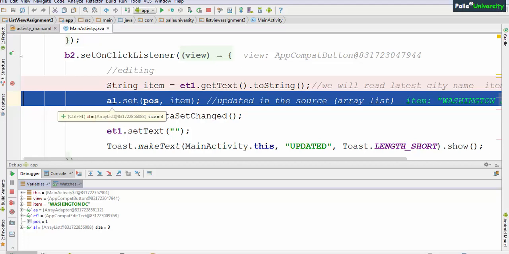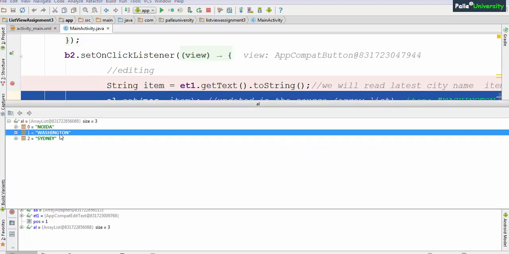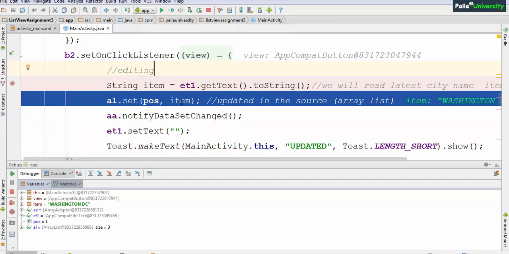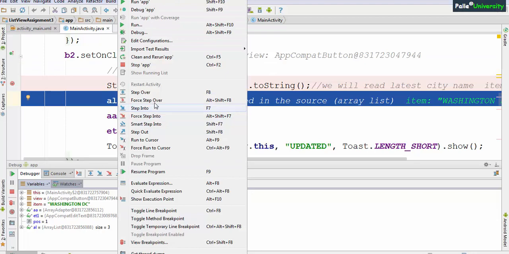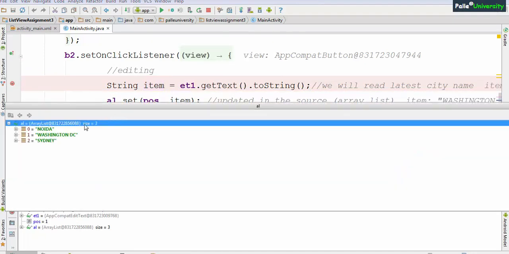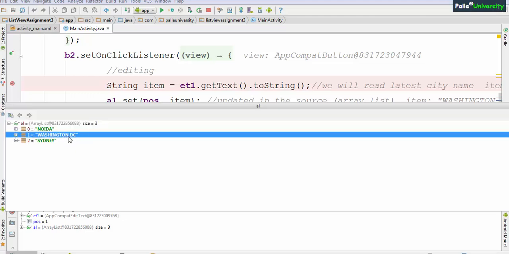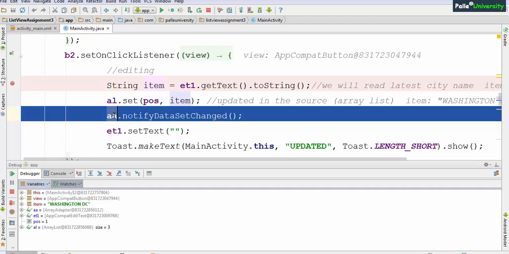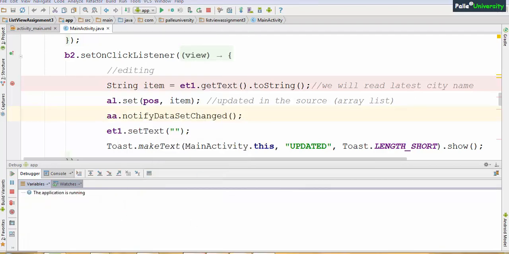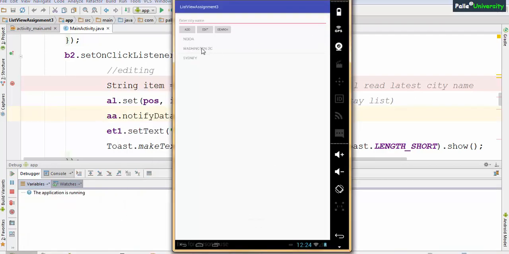The set method will go to location 1. That location has Washington. When you apply the set method, it will remove the existing element and insert the newly supplied element. The newly supplied element is Washington DC. Now let me run by pressing F8. Now the array list would have been modified. Observe the second element. It is modified to Washington DC. Now you have to tell the adapter. The adapter will reflect this in the list view. I hope you understood. Now I will press F9 and observe the output. It is reflected. I hope you understood.